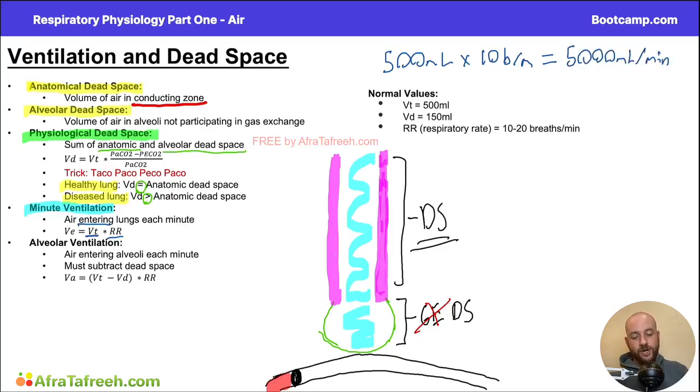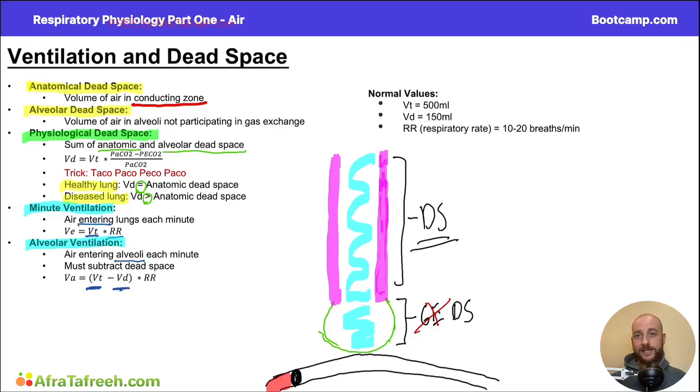All right, and let's finish off by talking about alveolar ventilation. The alveolar ventilation is the amount of air entering the alveoli each minute. And like we just said, the amount of air entering the lungs each minute is based on the tidal volume. But of the tidal volume, only a portion of that actually gets deep down into the alveoli. The rest of the air stays in the conducting zone and so is considered dead space. And so to calculate alveolar ventilation, we need to take our tidal volume and we need to subtract dead space